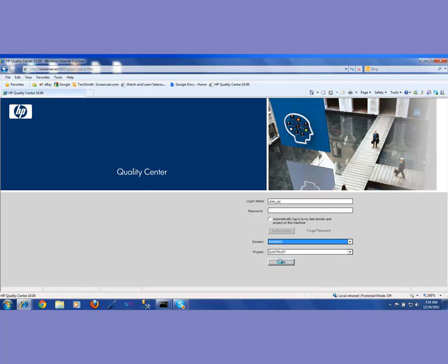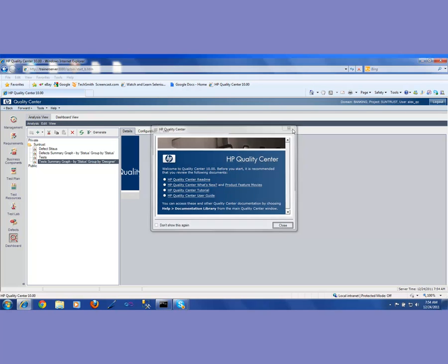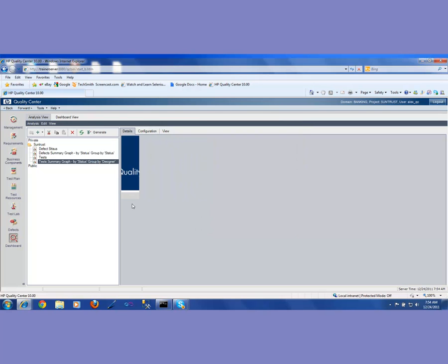So as it is trying to log in, it had logged in and pointed me to the dashboard. I was playing around with some of the things in there. So we could go into the test plan and we could see if